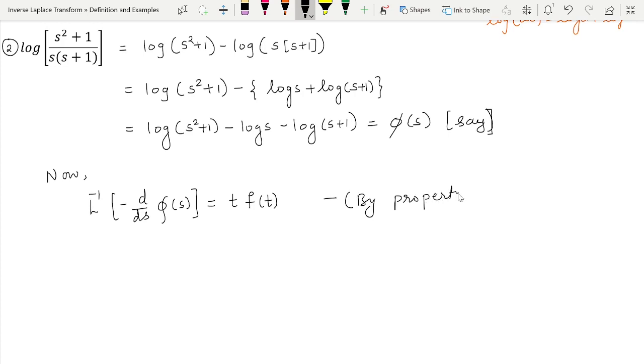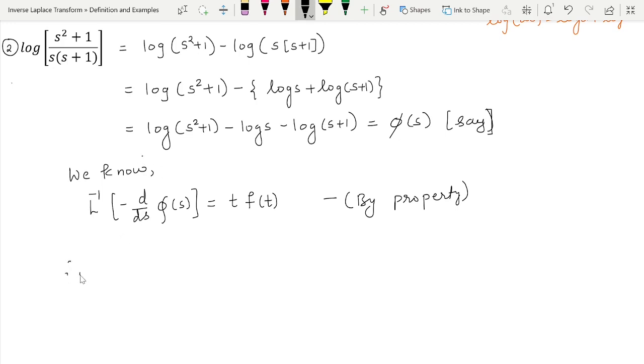Even you can say we know that this is happening. Here also you can see that we are pretty sure that finding the inverse Laplace transform of the derivatives is much easier, or you can say that it is already known to us, because if you take derivatives of all these logarithmic functions, you will get the standard functions whose inverse Laplace transform is already known to us.